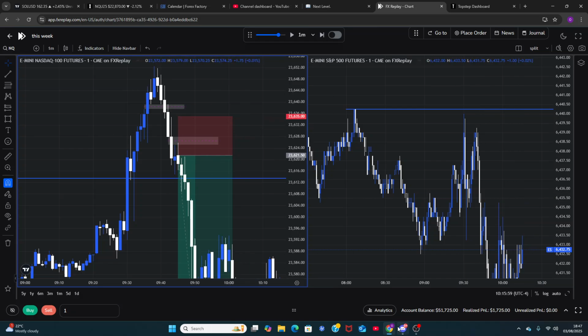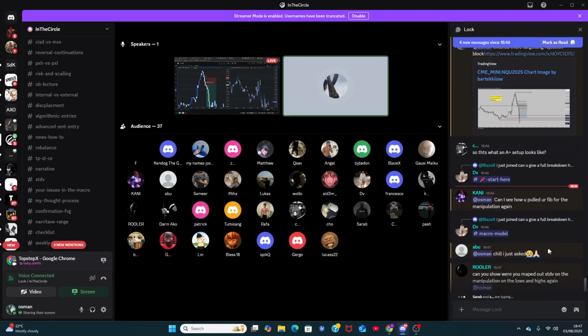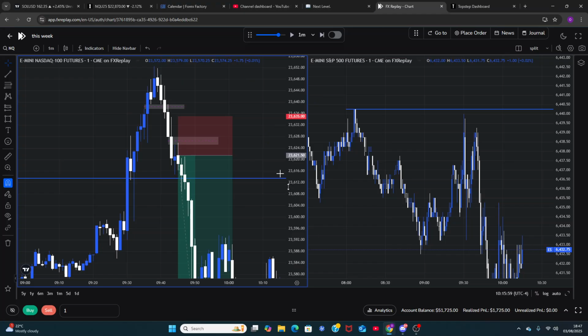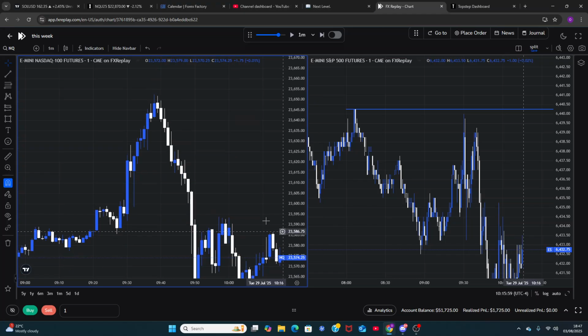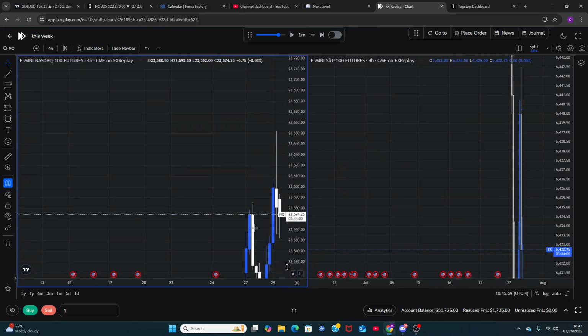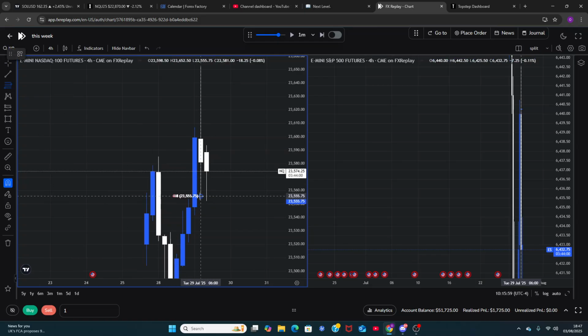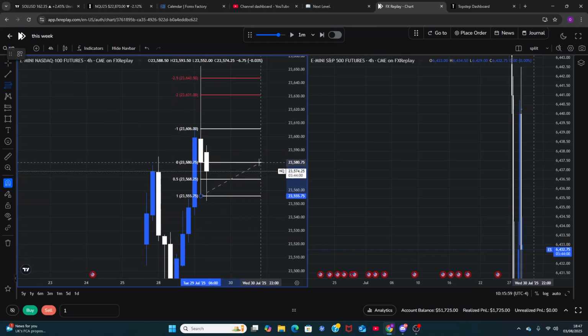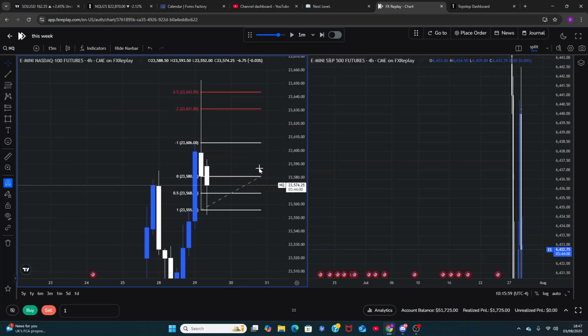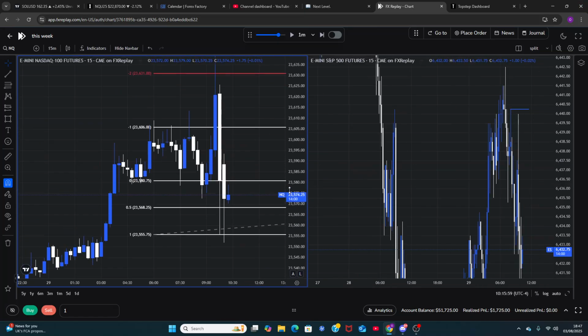Yeah, 100%. Can I see how you pull the fib for the manipulation again? Yep. Let me remove all the drawings. What did I do? I got it off the 4-hour wick because that's all I can use right now. Right? Bang. Did that. Notice what price does, by the way. It's very, very clean.